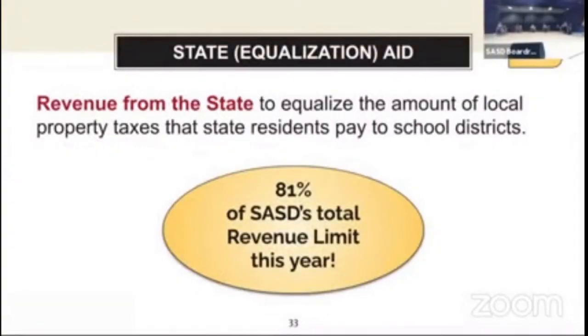So then we have the revenue limit, we subtract the state aid. State aid, in essence, it's the state's way of equalizing the amount of levy that districts around the state assess to their residents. And this year is the highest state aid that we've had in many, many years at 81%. And that's really twofold. Part of it is for our debt prepayment last year, produced more state aid potential this